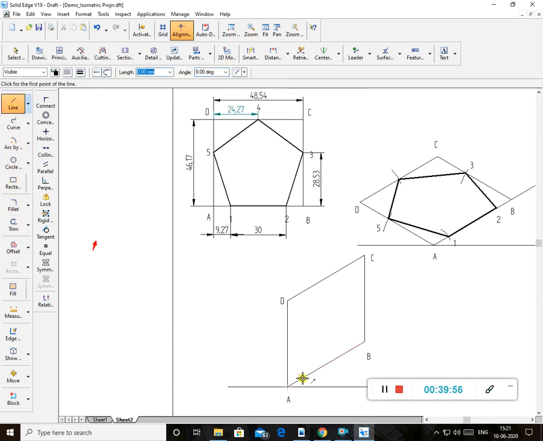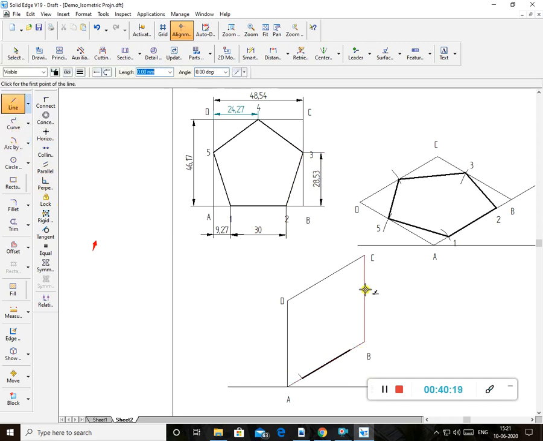From here I'll draw a line. How much? 30 it is. I draw 30. Okay, make this line dark. The same way, now you know that 3 comes on BC, 28.53. You draw a line.